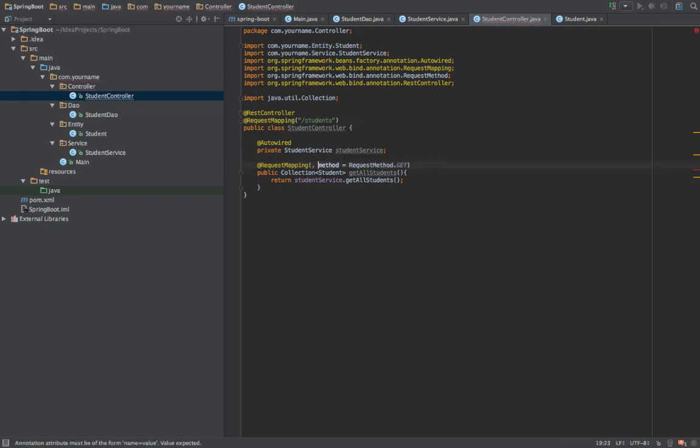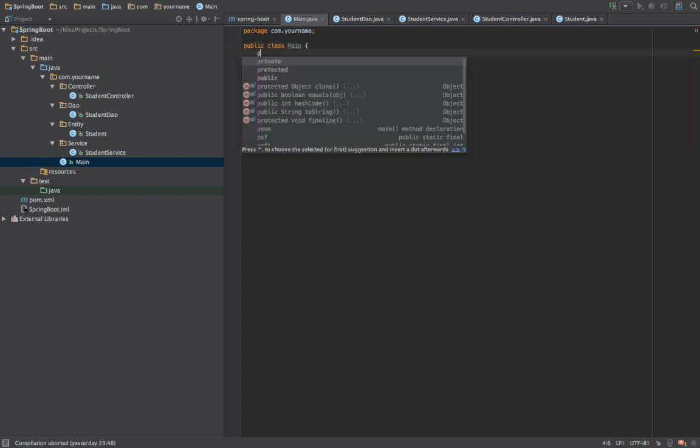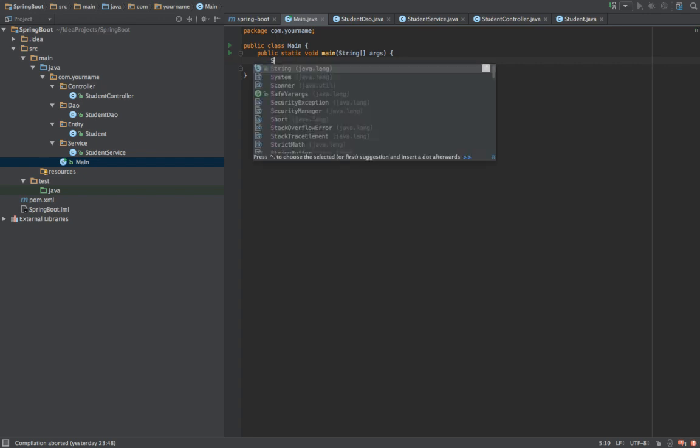So I don't need to say that. So that's that. Now let's actually start using the application. Now I'm going to go to main, and then I'm going to say public static void main, enter. And the way that we start this application is just saying Spring